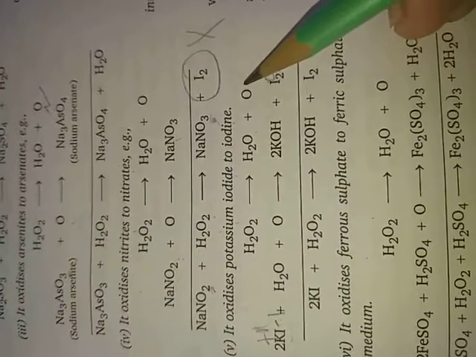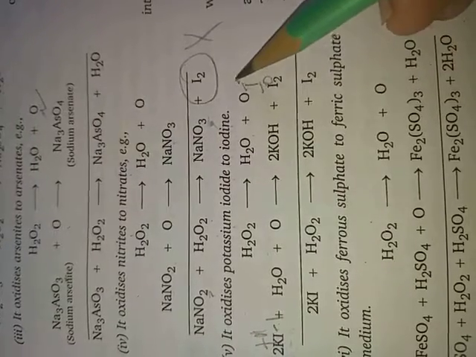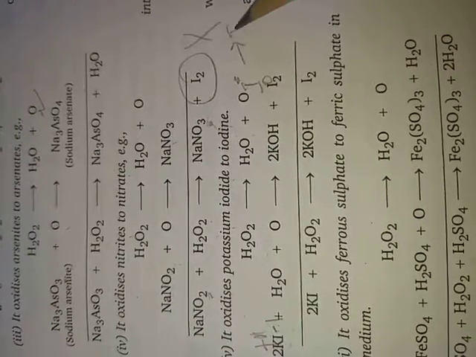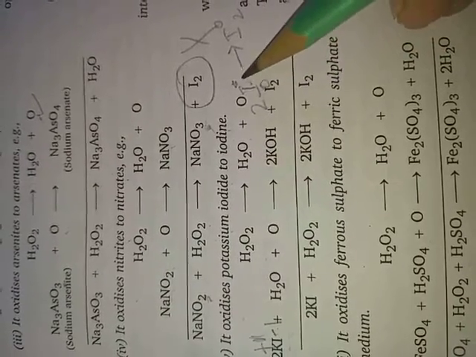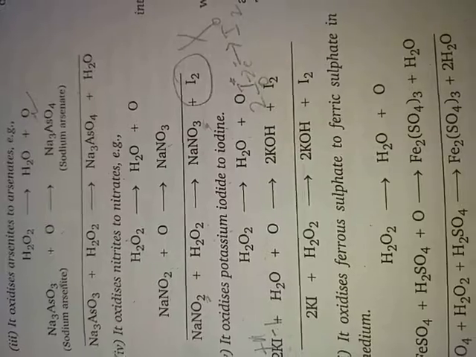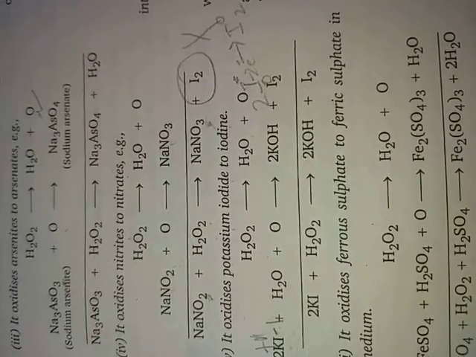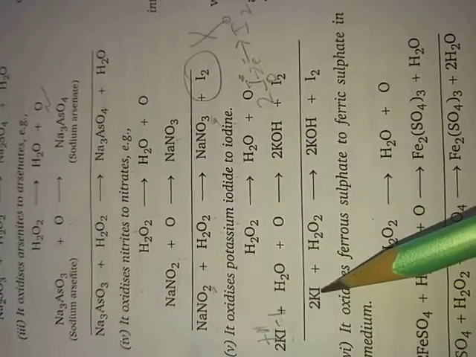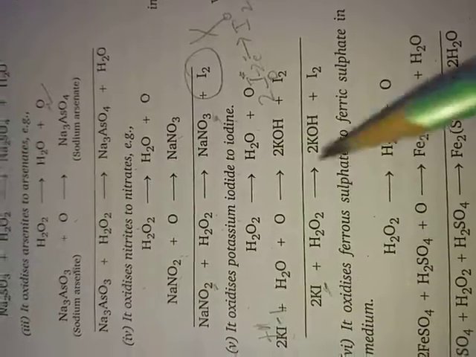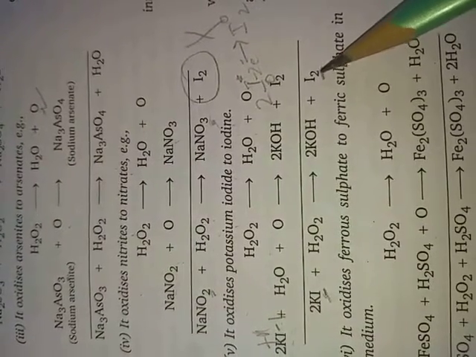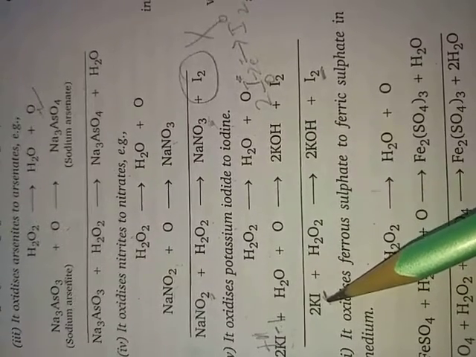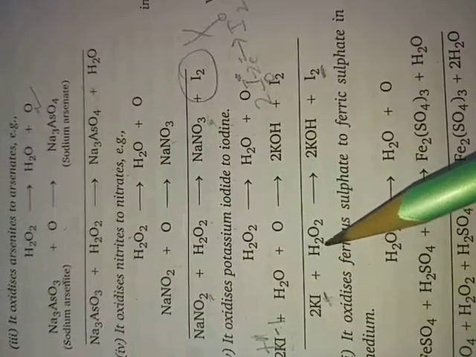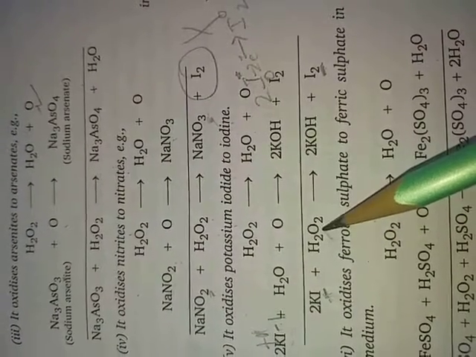And if I minus is changing to I 0 oxidation state, it means it is losing 2 electrons, and loss of electron is oxidation. Okay, so KI, this potassium iodide, is changing to iodine, and again oxidation is taking place, oxidation of KI into iodine, and this is acting as an oxidizing agent. Now see the next one.